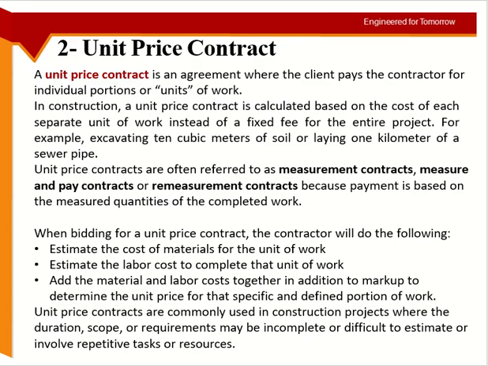Yeah, so this is what I was coming to. So how do we calculate the unit price? How does the contractor calculate the unit price for the contract? So obviously, first of all, he has to take into account the material. He has to take into account the labor. He has to take into account the markup. Markup means the profit, and here he can add the overheads as well.